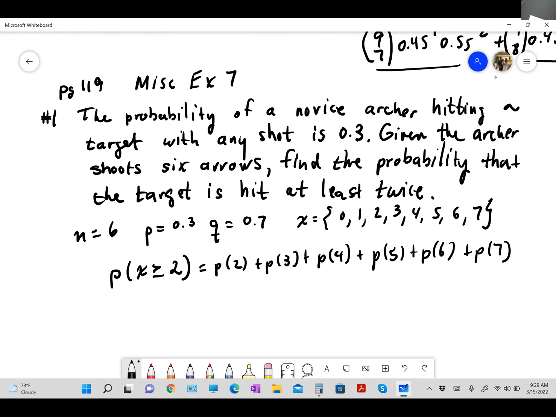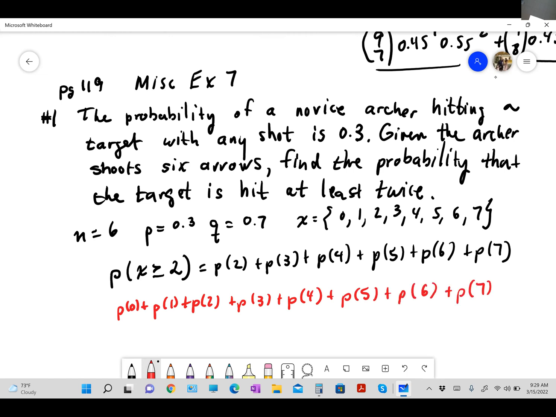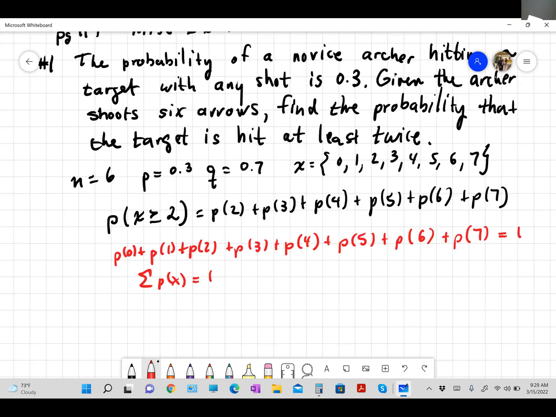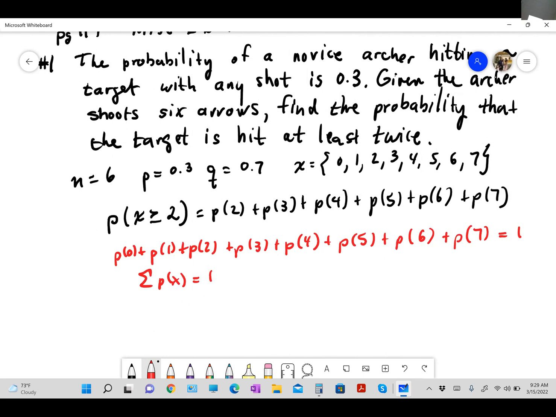We know, I hope, that if you take probability of 0 plus a probability of 1 plus probability of 2 plus a probability of 3 plus a probability of 4 plus a probability of 5 plus a probability of 6 plus a probability of 7, what does it have to equal to? 1, because the sum of the probabilities has to be equal to 1, right? So therefore, if you take 1,